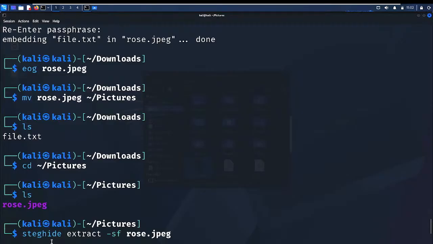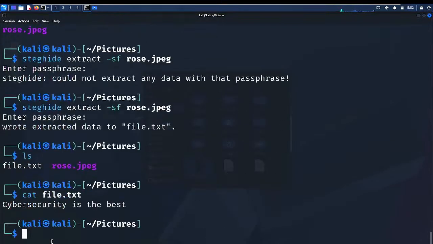That's what I wrote inside the file. Then I embedded it inside the image and moved it to pictures, and I extracted it from the picture. So what's the file? The file is the content. CYBERSECURITY is the content in the file.